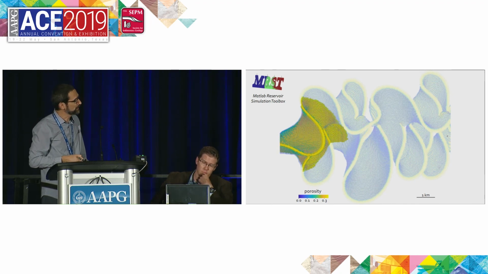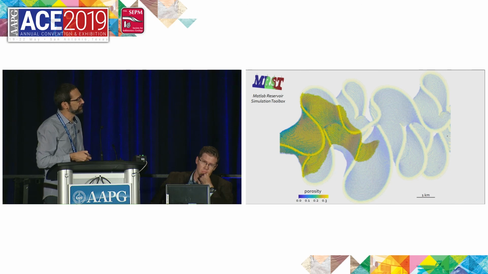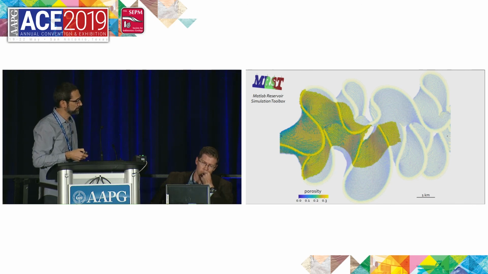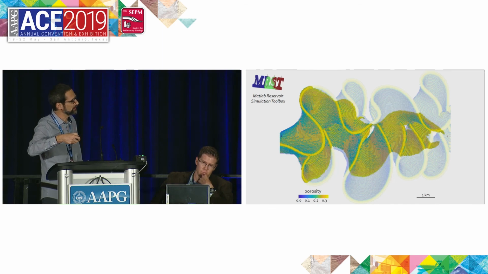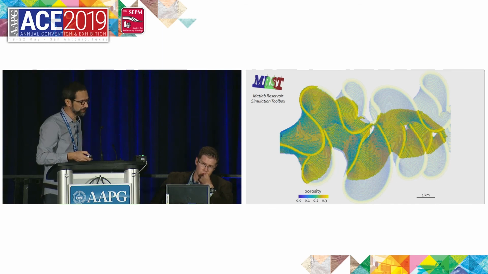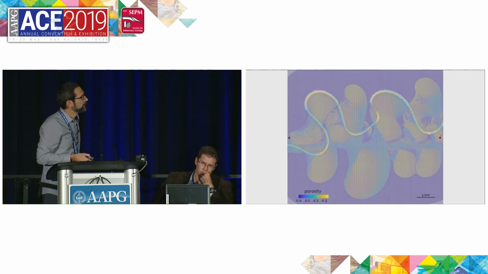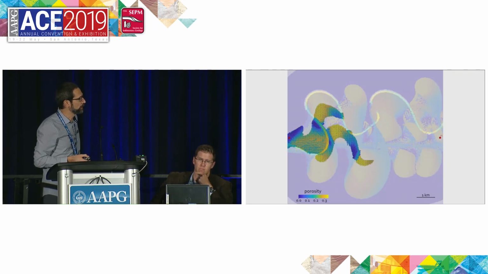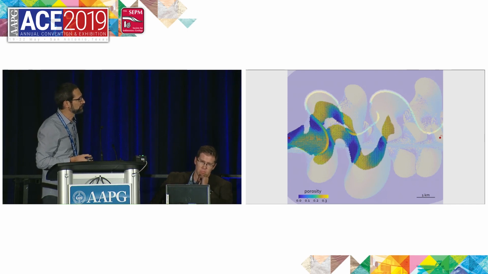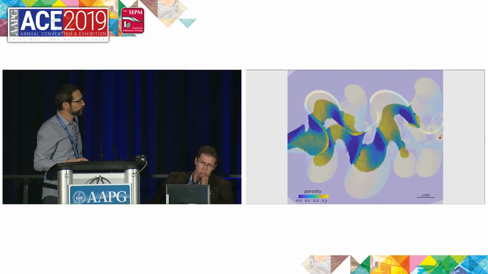We are doing this very simple flow diagnostic approach using this free software called MATLAB Reservoir Simulation Toolbox. So let's see what happens now if I add to the same model some counterpoint bars and take into account that most of these bars have heterogeneities associated with their downstream ends. So there is the model, and now you can see that the flow front is very different from what we saw on the other slide, and it's more complicated.